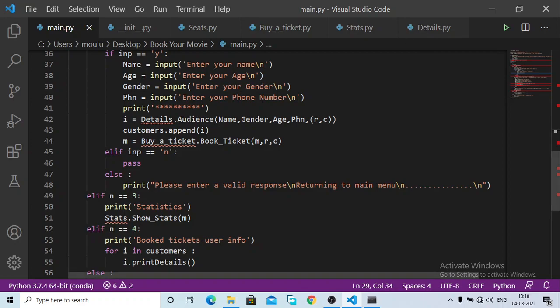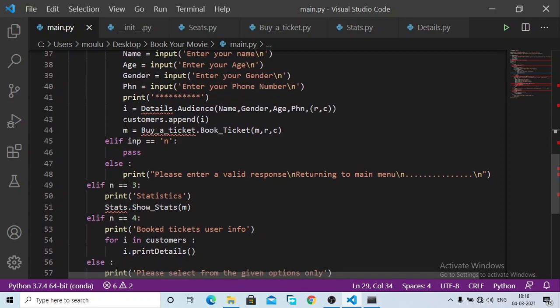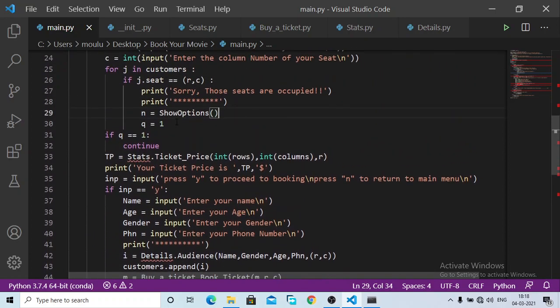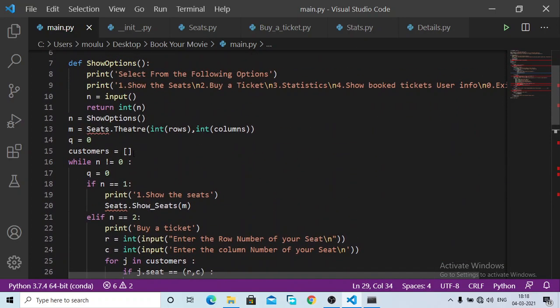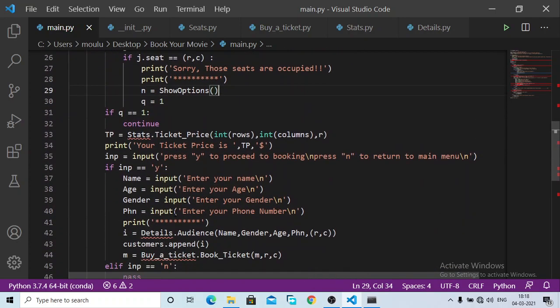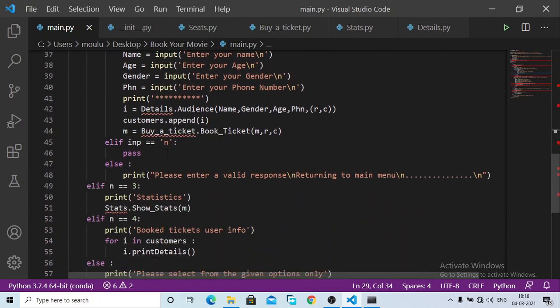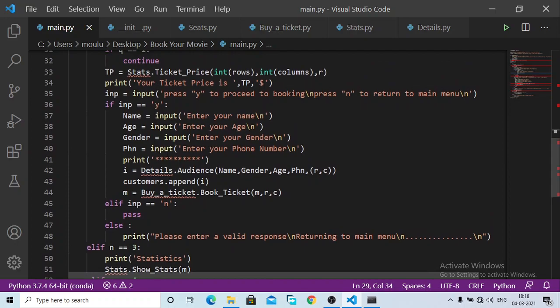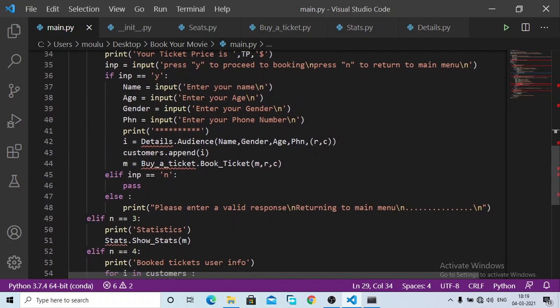So i is equal to details dot audience. So i basically belongs to the class audience. Then I am appending this i to this list called customers. So customers is an empty list that I defined here. It was empty before, but